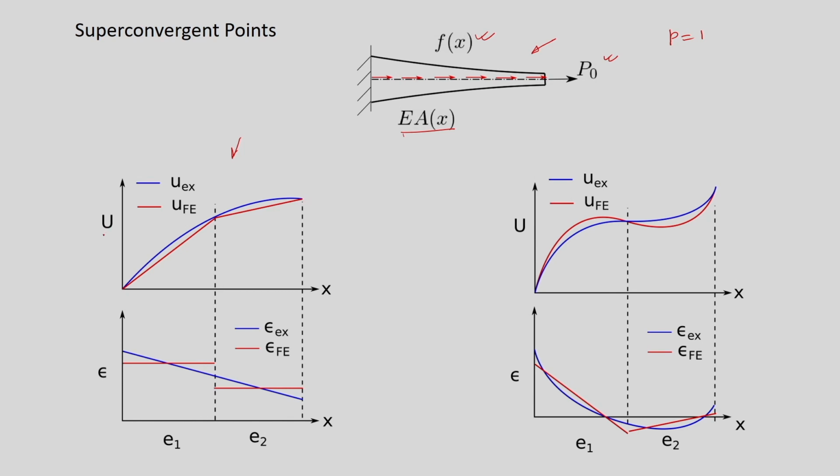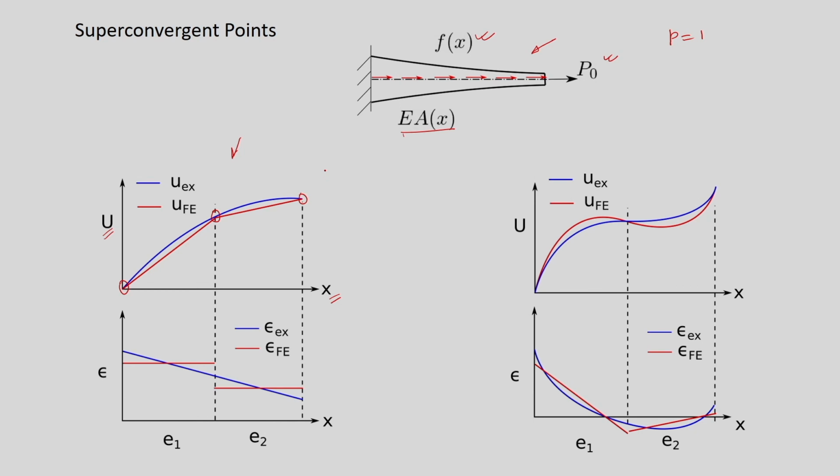Here I have plotted the displacement versus x, where x defines the domain, and we have taken only 2 elements. Here you can see the exact solution and the finite element solution coincide at only certain points in the domain, that is at the nodes. So, it reveals that the finite element solution is exact at the nodes of a given discrete domain. Now, this is possible when EA is constant.